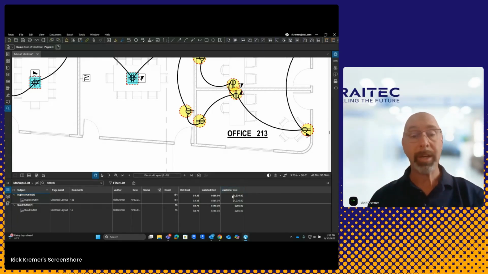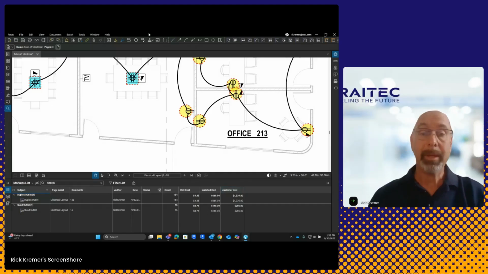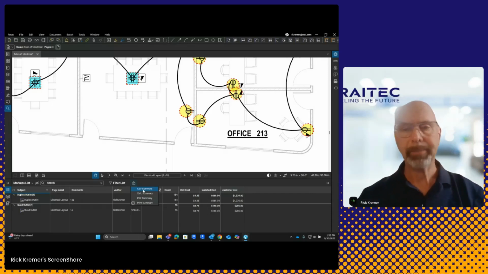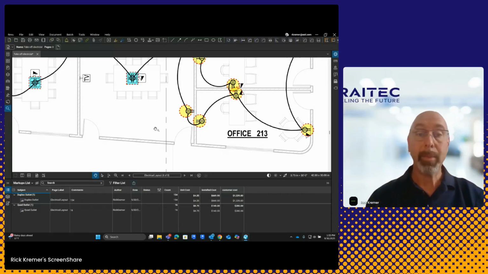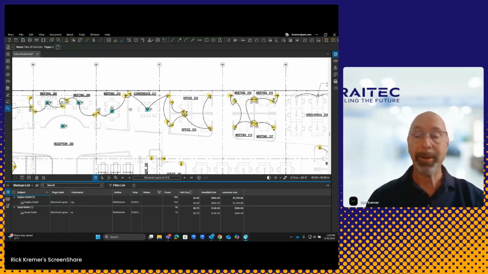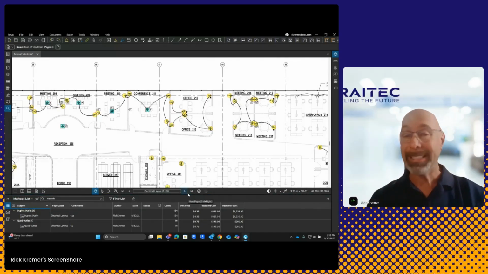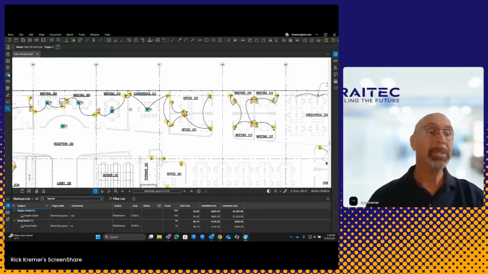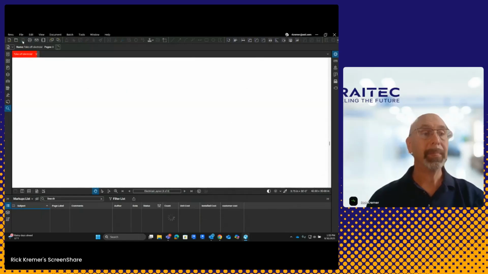So that total cost right here then can be used at any point in time. All of that information over here can be exported out to an Excel spreadsheet. One more thing before we continue on, and I know this kind of went on a little bit longer than I typically do. I want to go through and show you how easy it is to take this information on the road. What I'm simply going to do is go ahead and save this information,